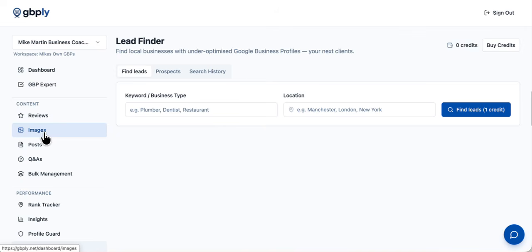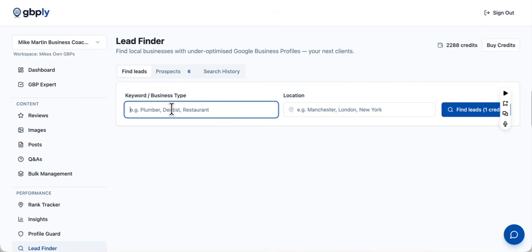If you go into Lead Finder, you can search via a keyword, plumber, roofer, electrician, joiner, and a location, and it will pull up a lot of businesses in that particular location and then enable you to run a report on them. So that's great, but when people get a specific business that comes to them,